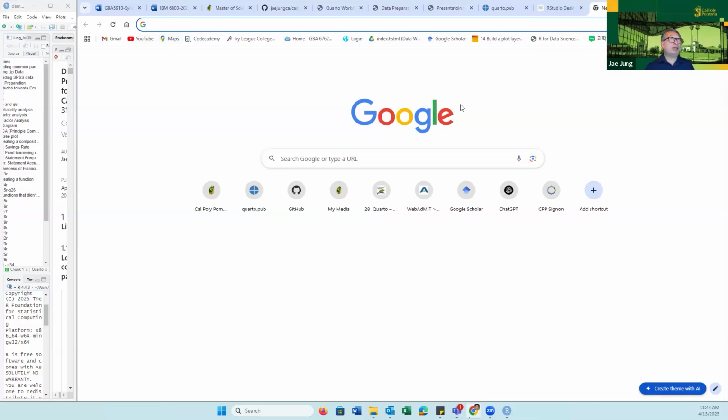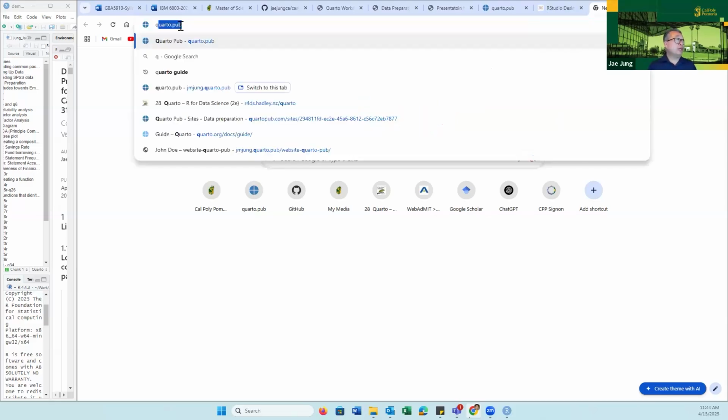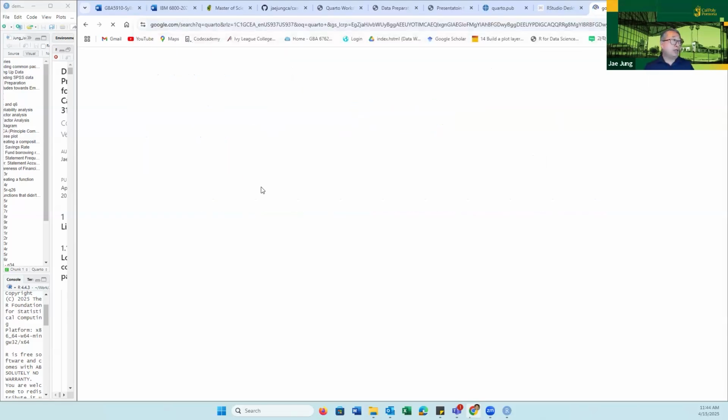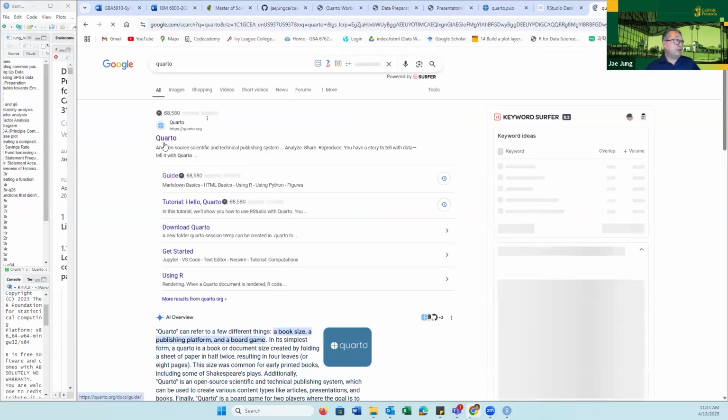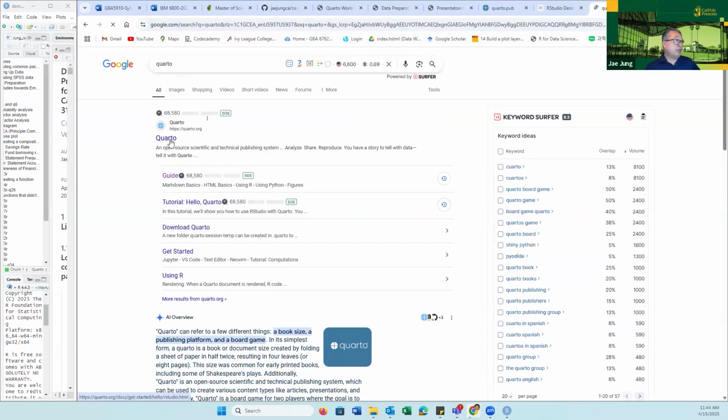If you're using different languages like Julia, you can also use Quarto, because Quarto can be installed independently of RStudio. So if you want to install separately,